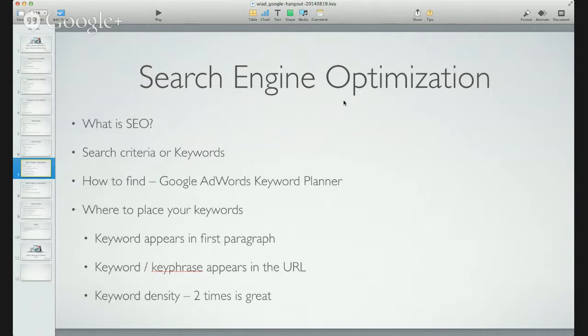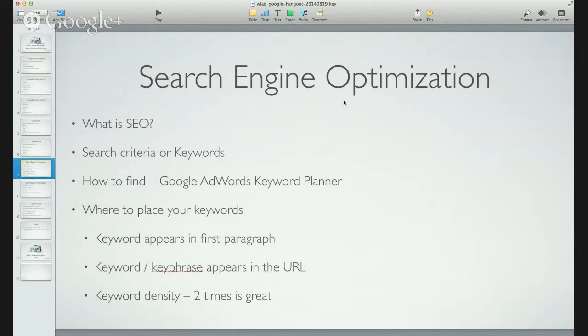Now, Google has also changed their keyword planner tool several times, but you can just go on Google AdWords Keyword Planner, or just keyword search tool, and you'll come up with a Google AdWords Keyword Planner. You'll get a link to that, and you need a Gmail account to go in there. Don't sign up for Google AdWords or anything like that.